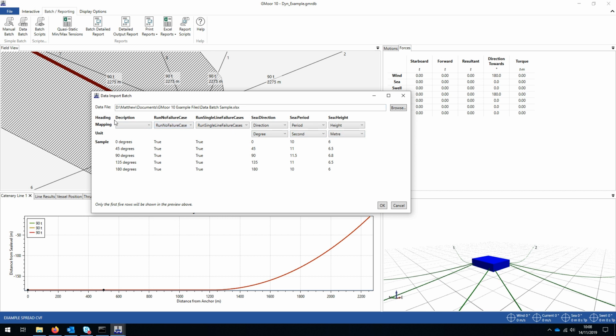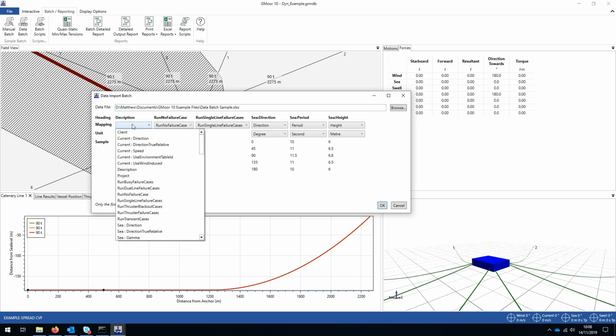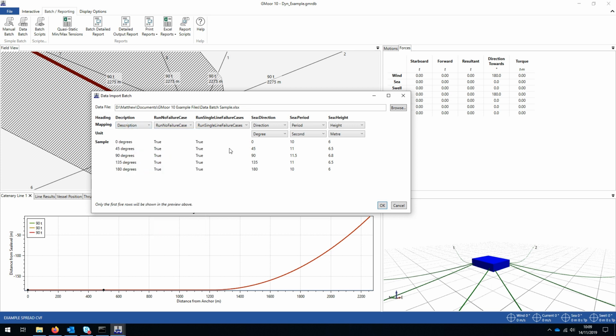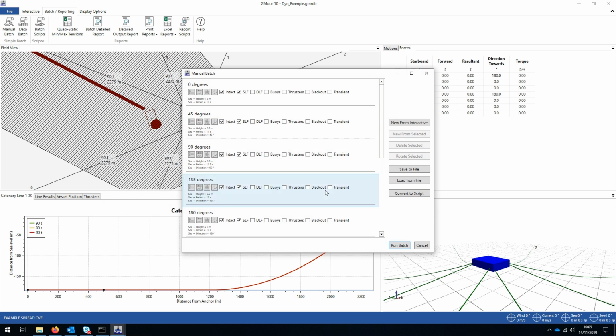But in this case, because I'd misspelt description, I then have a drop-down box where I can pick the mapping I want to use. And again, this list is the same as the list I just showed you in the documentation, so that if you forget the title of a particular heading, you can use this as a reference. So if I now pick description there and press OK, you can see now we've generated our batch cases